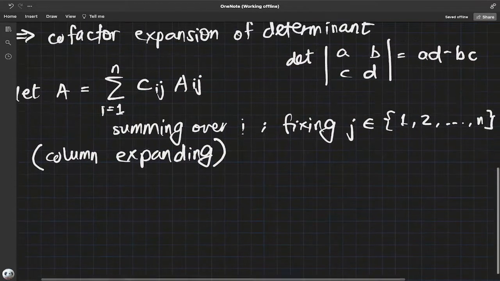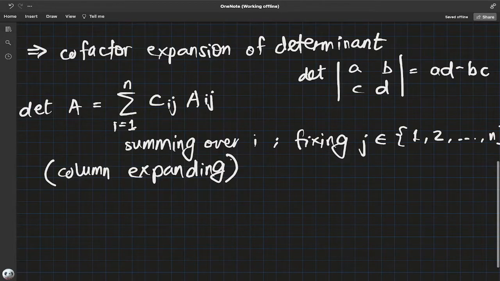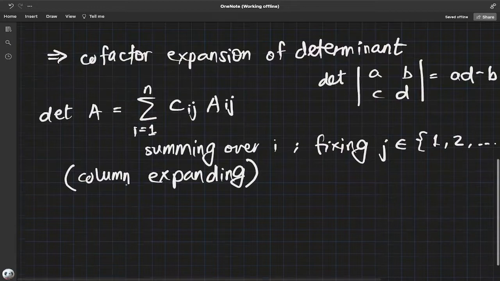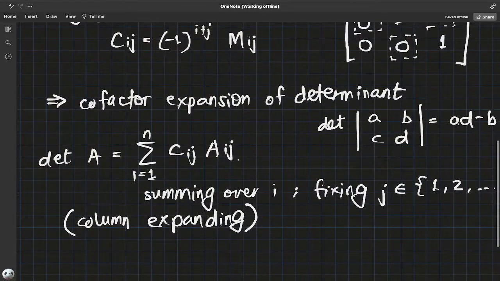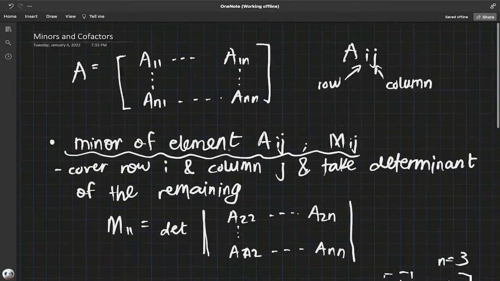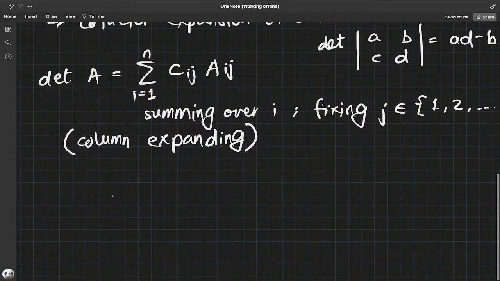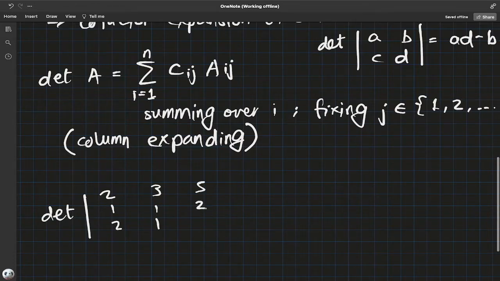And if you fix the row, it will be a row expansion. And Cij, of course, is the cofactor. A sub ij is the element of matrix A. So if we do an example, determinant of [2 1 2; 3 1 1; 5 2 8]